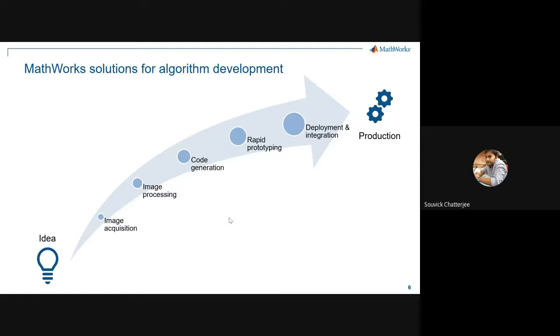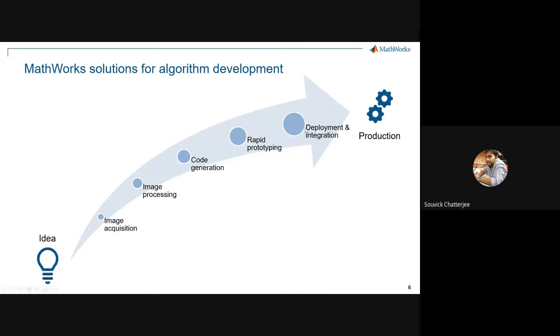So then the image processing part is, as I was saying, where we will spend most of the time. And then going along, the code generation part is an interesting concept. What we do in MATLAB in this area is typically once we do all the processing, we can generate the code as needed. Like if you need code for a specific hardware, if you want to deploy the code on a hardware board, for example, it can be an Arduino type device, Raspberry type device, or it can be something like an NVIDIA sort of device. So that's where the code generation comes into the picture.